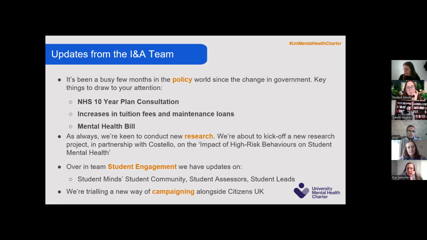They have said that they are reviewing, obviously, higher education funding, and we're expecting that by the summer. But we have written to them recently to say that we think that student finance needs to be improved to avoid students facing hardship with detrimental impacts to their mental health.